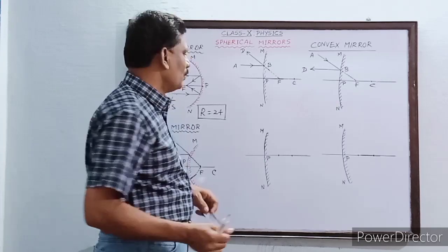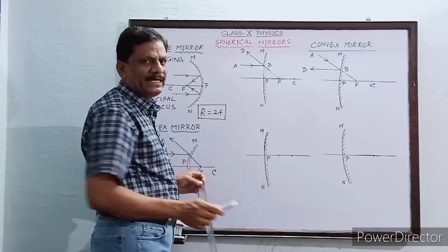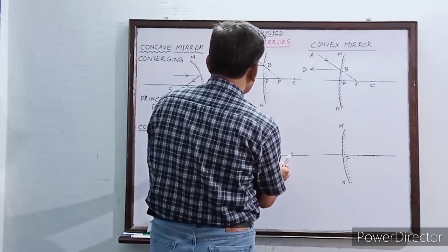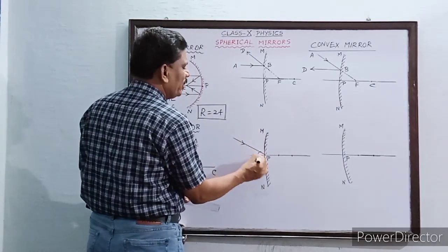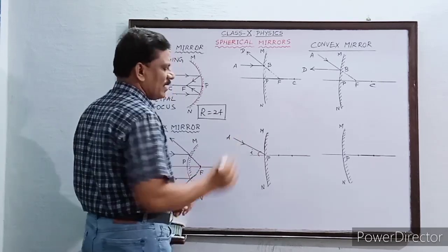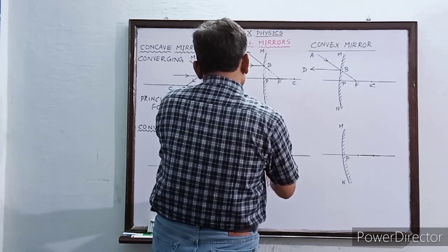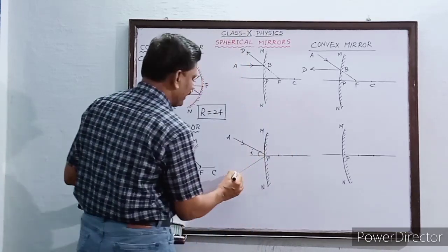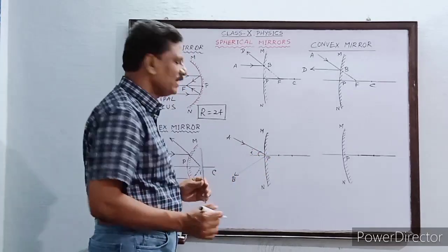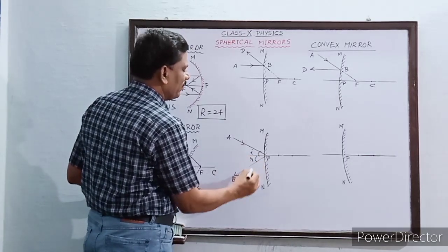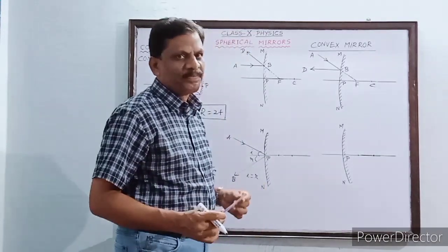Is it not? Okay. Now the third one: what will happen if the ray is incident at the point P, which is the pole of the mirror? For that you draw a straight line passing through the pole of the mirror and you note down the angle of incidence, and you will see that the reflected ray is coming from the same point P. So this is the reflected ray. AP is the incident ray and PB is the reflected ray. And if this is the angle of reflection, then you measure that I and R will be equal to each other. Have you understood?